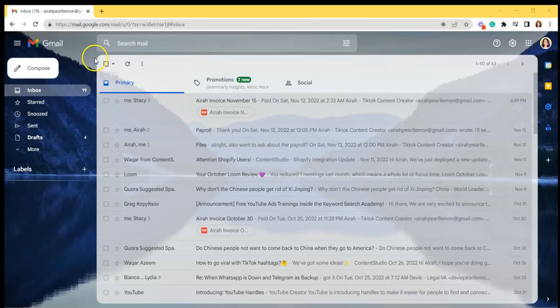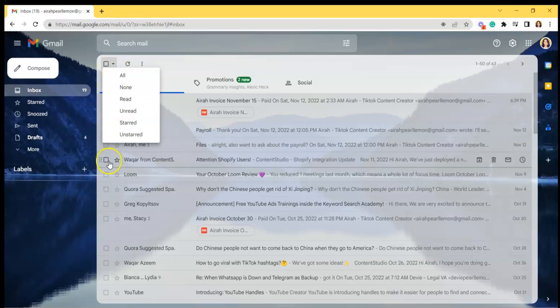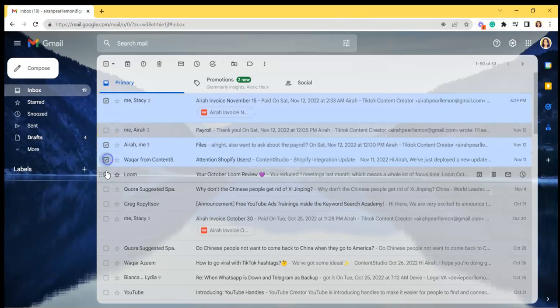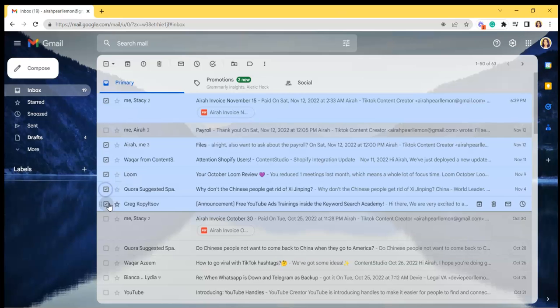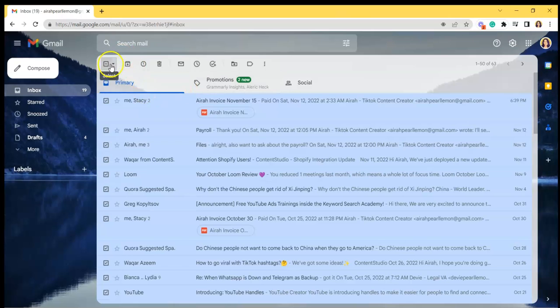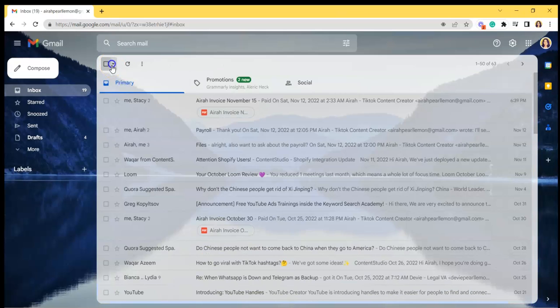So the first thing that you'll need to do is click the select where you can actually check all the things that you want. Like for example, the read emails, the unread emails, the starred emails, or the unstarred emails. You can also check them one by one by checking this checkbox. Like for example, I want to choose this part, or I want to choose all the read emails or the unread emails. Okay, so